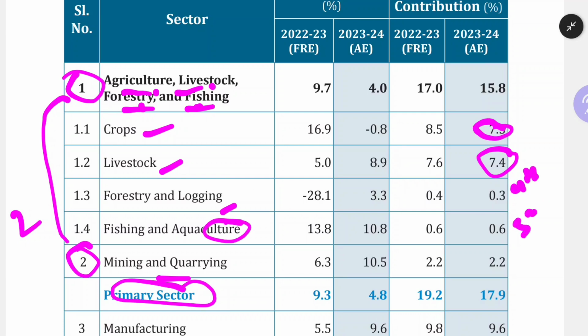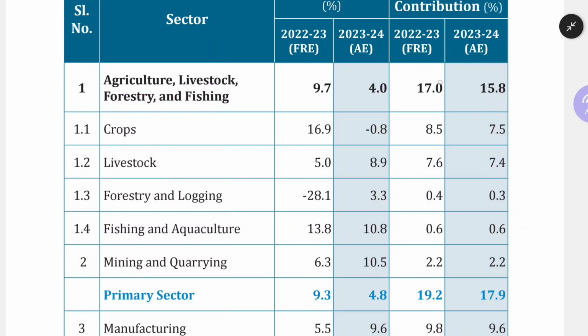So here you can understand that if they ask you, within the agriculture and allied sector, which of the following sectors is the highest contributor? It is the cropping sector, followed by livestock at 7.4. Then the third one is fishing and aquaculture at 0.6, and then forestry and logging. If they ask you about agriculture, livestock, forestry and logging like this, then you have to write this. But if they ask within the primary sector, because the primary sector according to this particular document includes these two sectors,